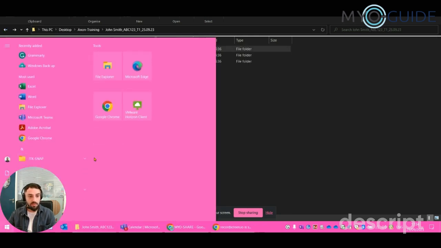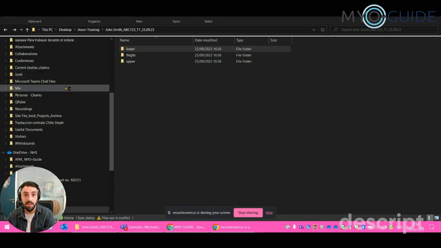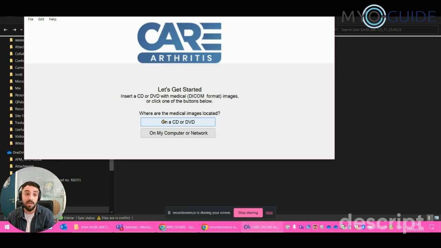I'm going to show you how to use this free software called CareDICOM Anonymizer, but again you might have any other, and sometimes you don't even need it because within the institutions you will have systems like PACS that allow you to download the MRIs already anonymized. In our case, when we download MRIs from our trust, I have found a lot of hidden information that wasn't properly anonymized. That's why I prefer to anonymize them myself, and I also recommend it because it's usually quicker than using the anonymizer embedded on the MayoShare platform.